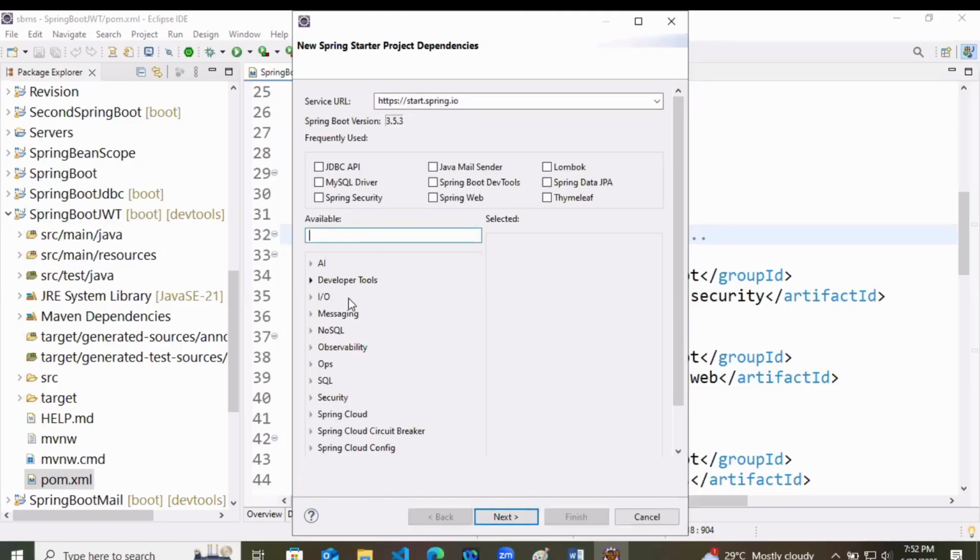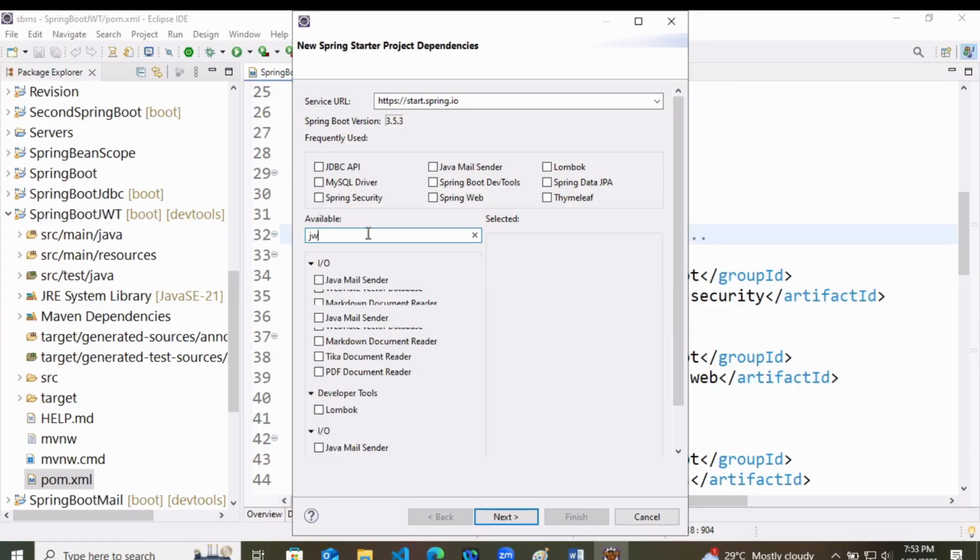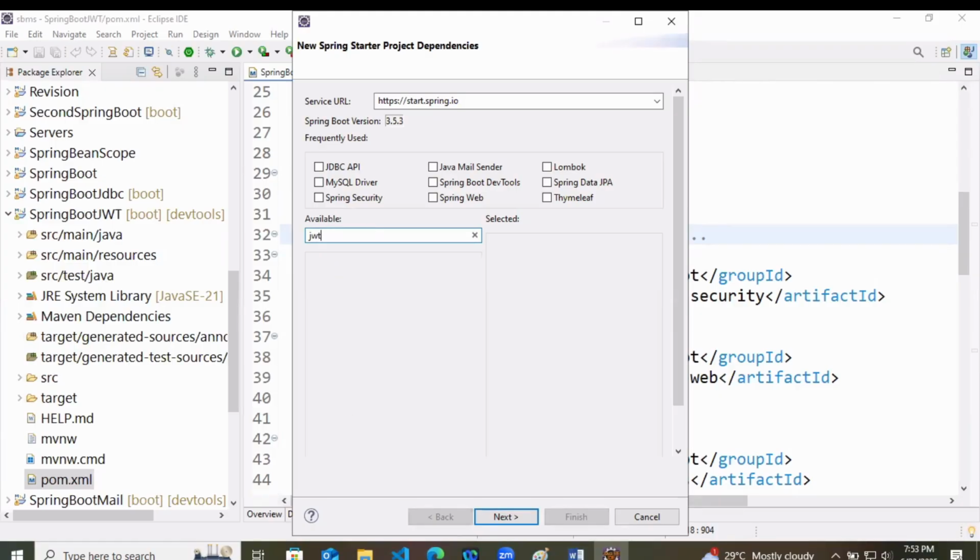And here, JWT, Spring Security. Just search here JSON.